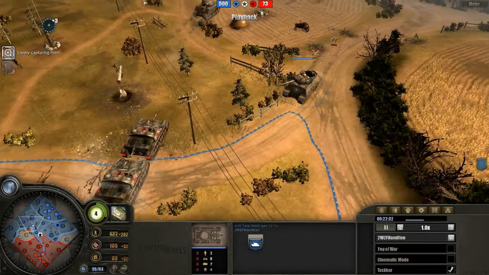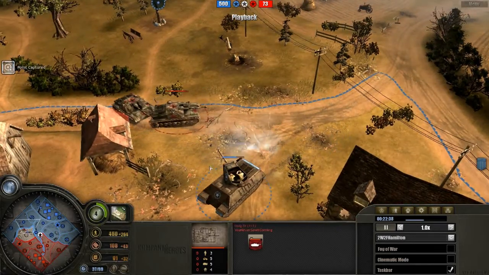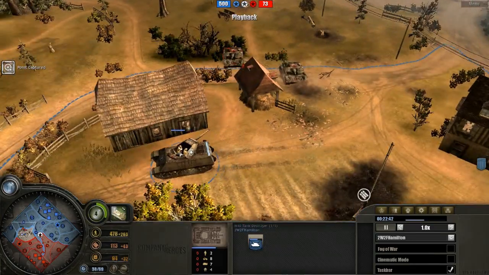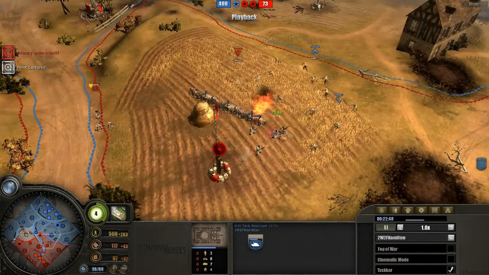Might want to park your M10 in front of the Stugs and stop them. The Stugs do retreat. Or not retreat, but micro. Very nice micro. Trying to keep the gun facing the M10. M10 does its job and delays the Stugs from pursuing the Sherman any further. As in the middle here,